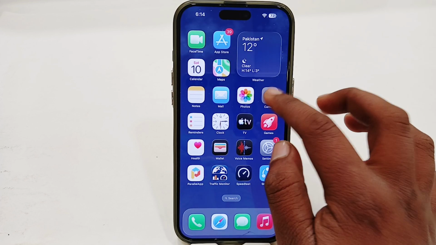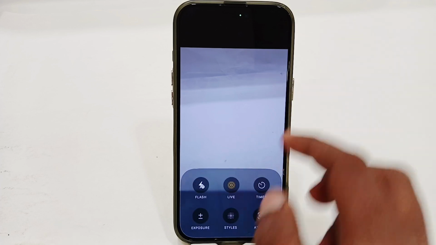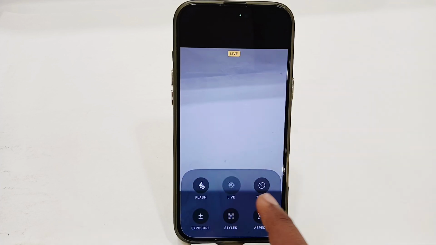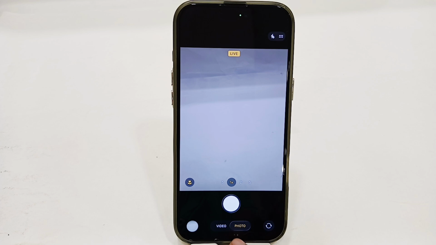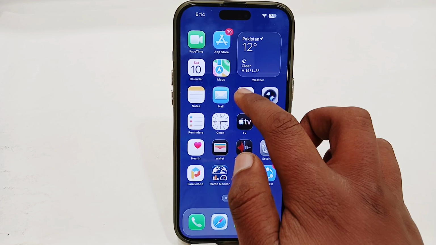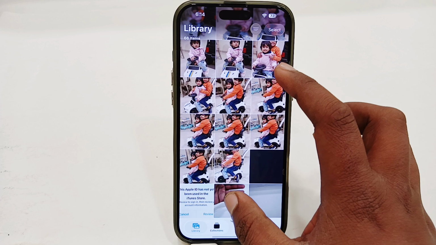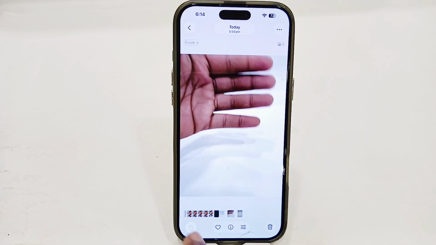Or you can also use your camera app. Open camera, tap on the more option here, then tap on live and enable live from here. Once I enable live, just take a live photo, and after taking it, go back and open your Photos app, select the photo, and now tap on the share option,